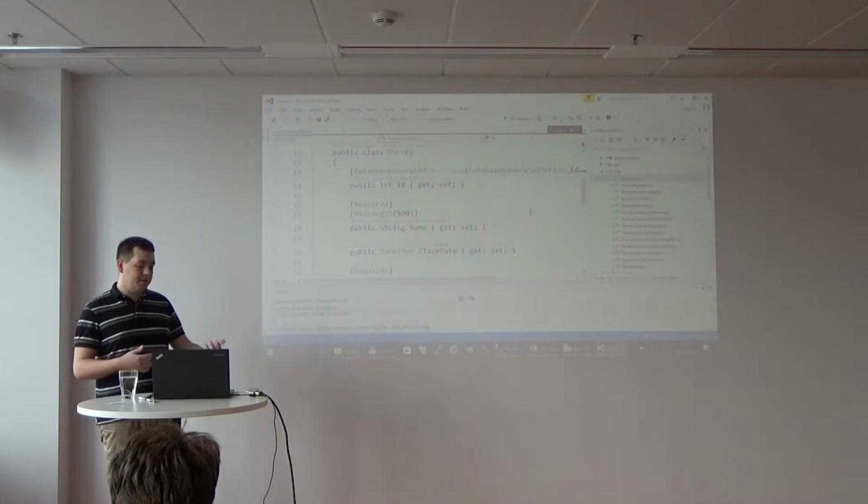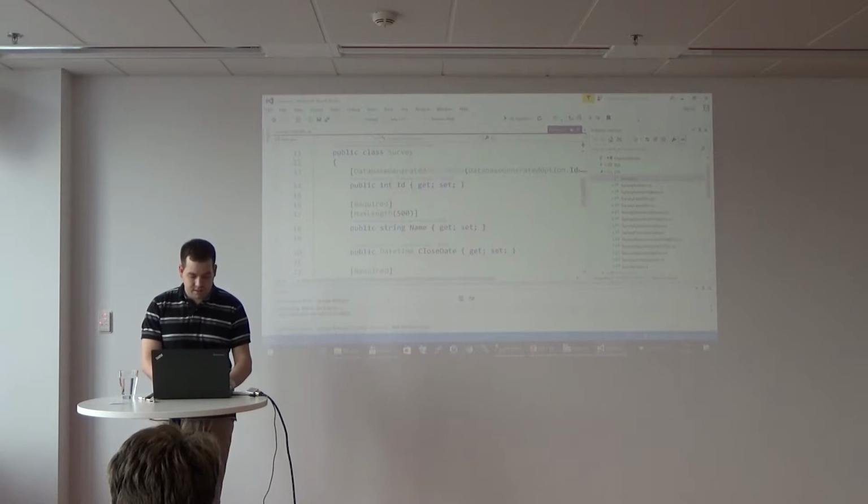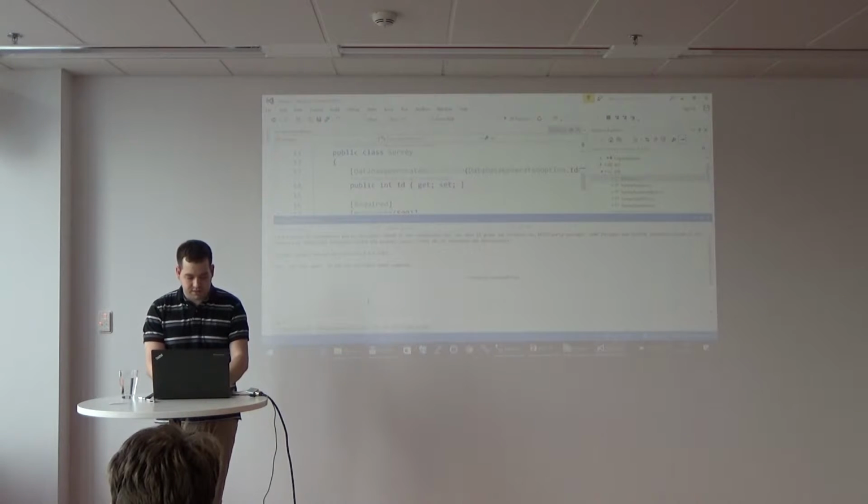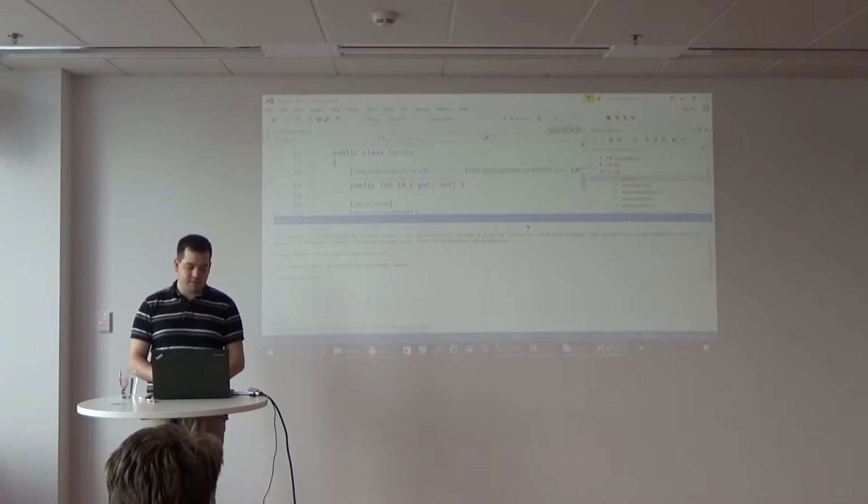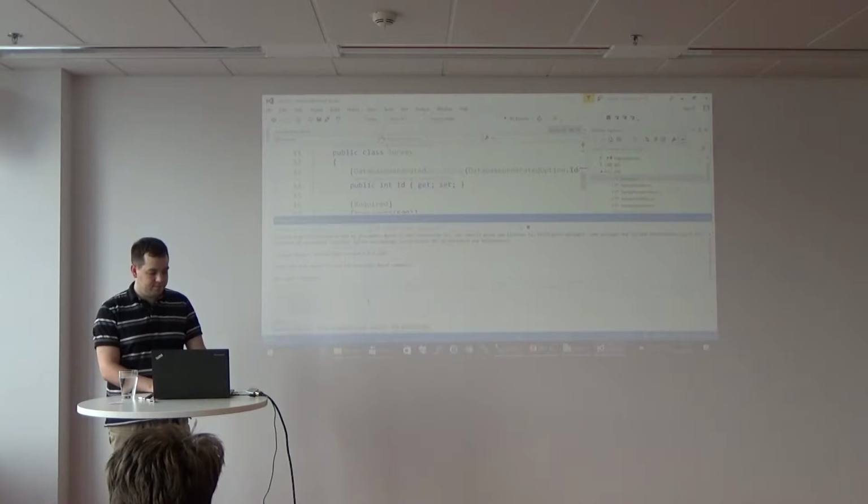I just prepared a DTO object, and then I ran the magic command, update database, and it should show me that the database is already up to date.